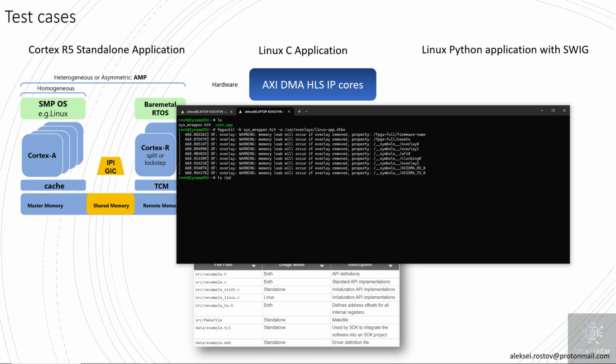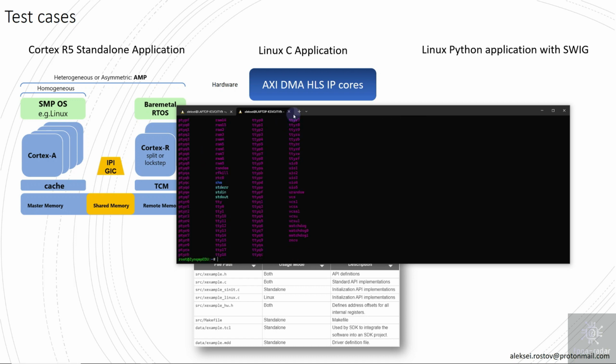Sorry, not here, but here. We need to go to the device directory. Let's see the device first. Here I can see 6 UIO devices. So basically, if I remove